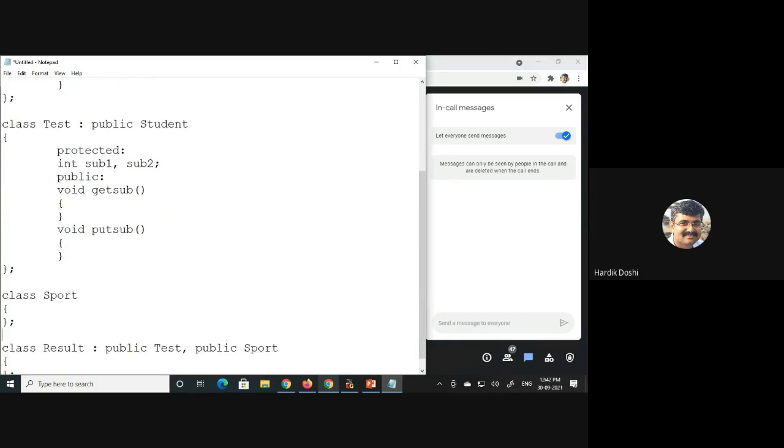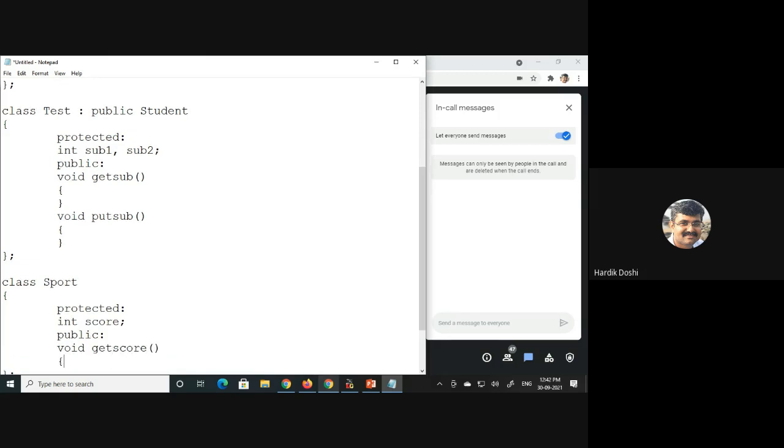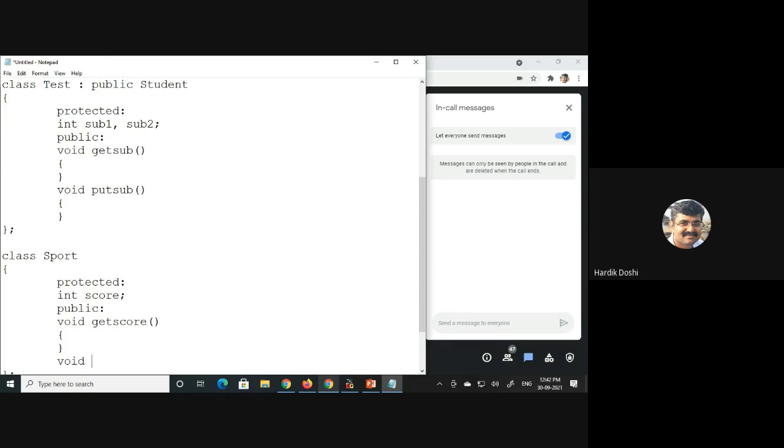What about sport? Let's say in sport, I take protected member only, wherein I write integer score. Only score, we keep it out of 100. Public void get score, void put score.